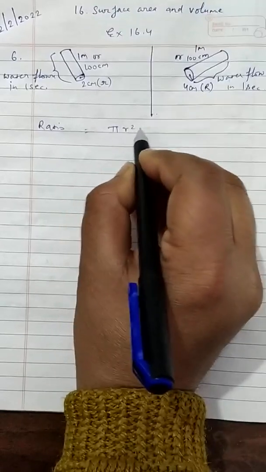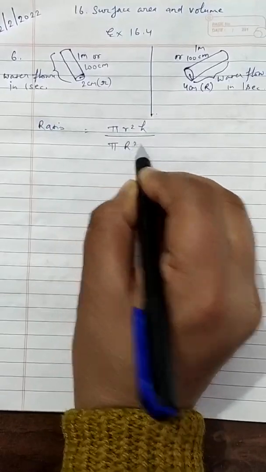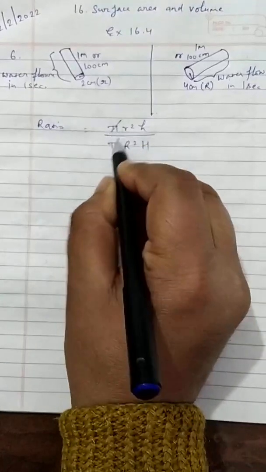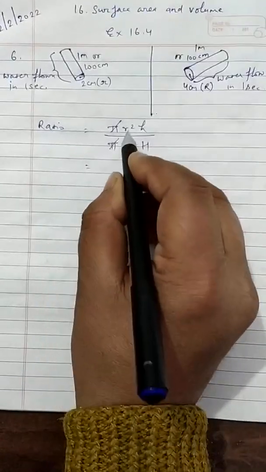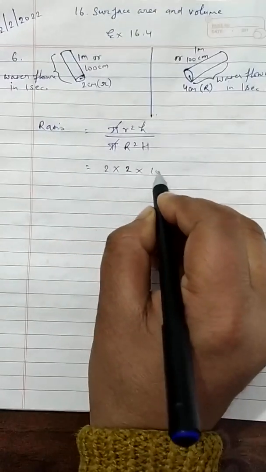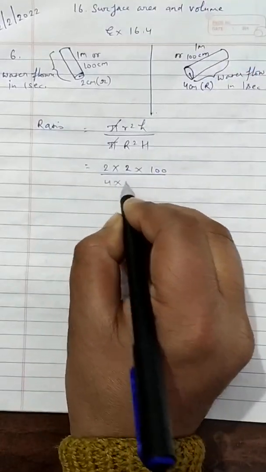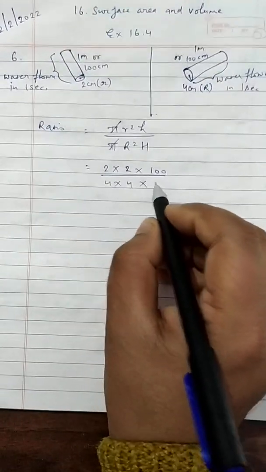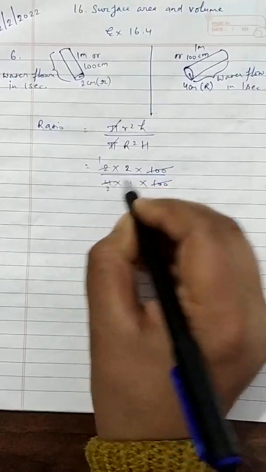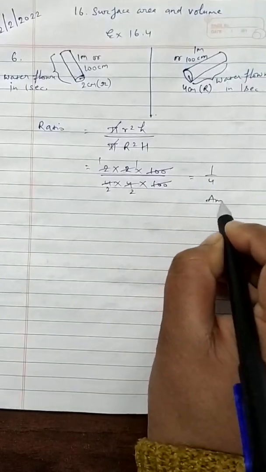It is pi r square h. This is the smaller volume, and pi R square h, this is the larger volume. Because pi is the same, we'll cut it. Small r means 2. So 2 into 2, and height is 100 centimeter. And again for this, capital R is 4 into 4 and h is 100. So 100 is also cancelled. 2 ones are 2, 2 twos are 4. So it is 1 upon 4, and the answer is